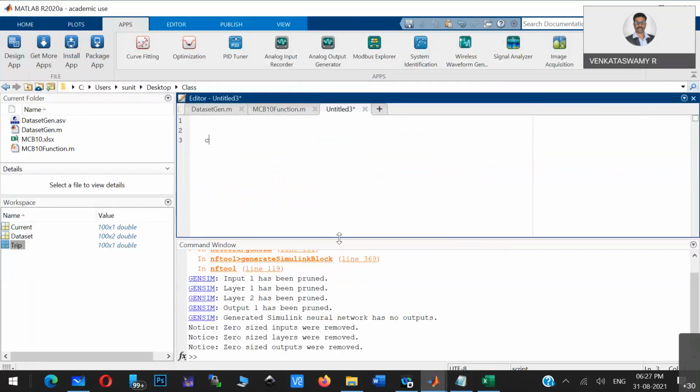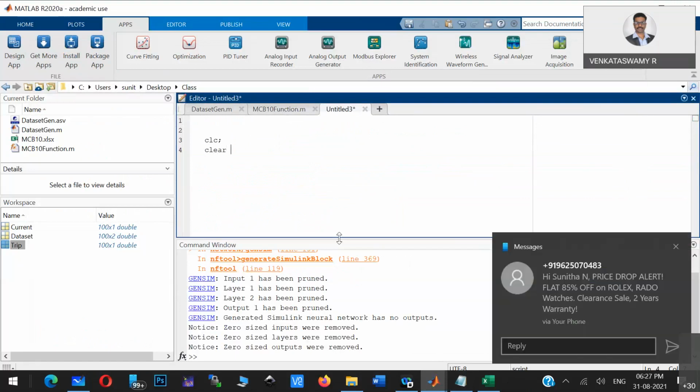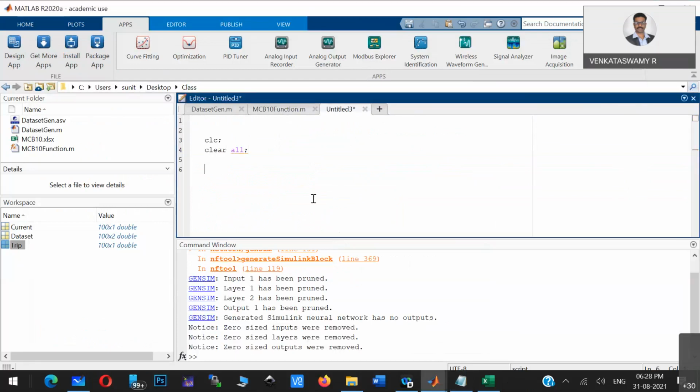Now, clear all. This function needs some input and I should get output. Output is always the trip signal, and input you will provide is the current value. Whatever current value you provide as input, it will give the trip signal as a response.